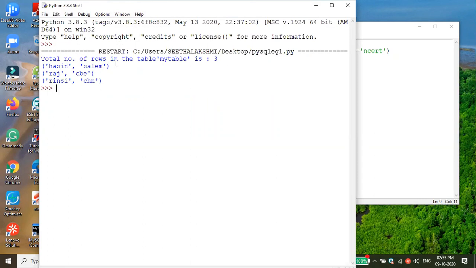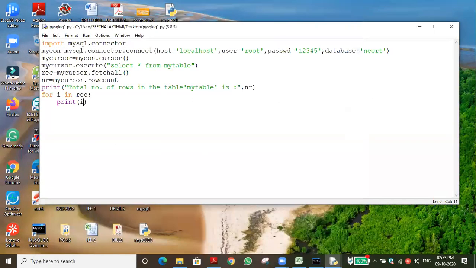We can also convert the records, I mean we can save the record values in some variable. For example, if you want to save all the names in a different one, we can take i of 0. You can add it. This is extra work, just for our reference. I'm creating a list, my list, an empty list. Whenever we are adding it, instead of printing it, we are just appending to the list.